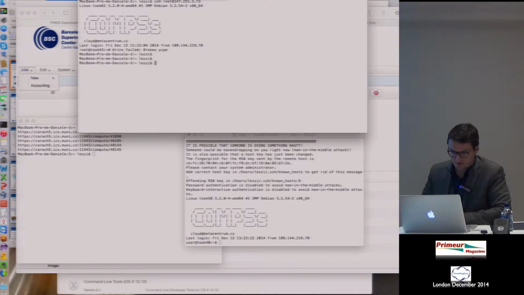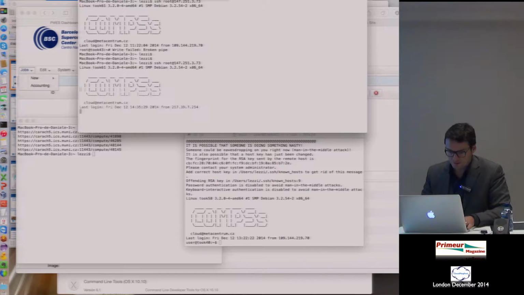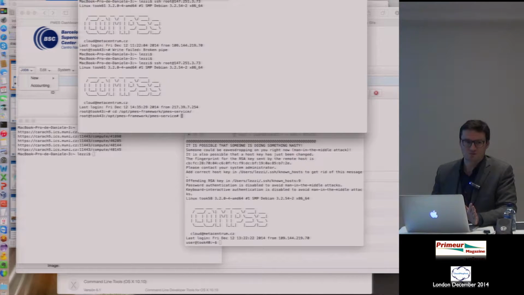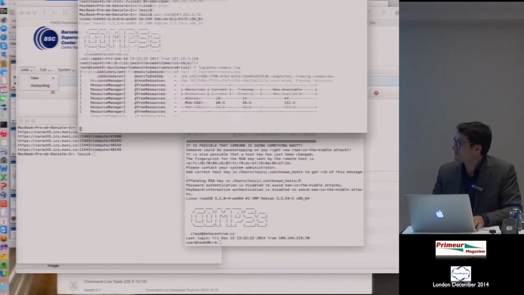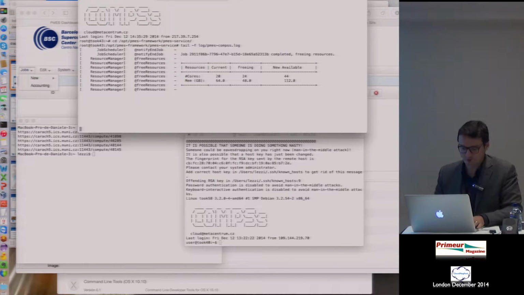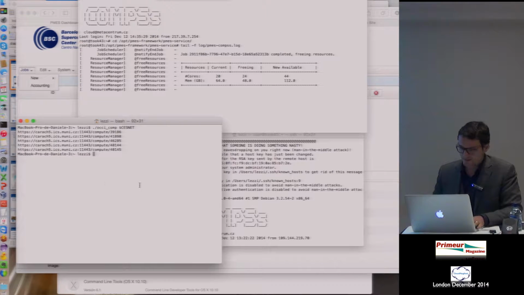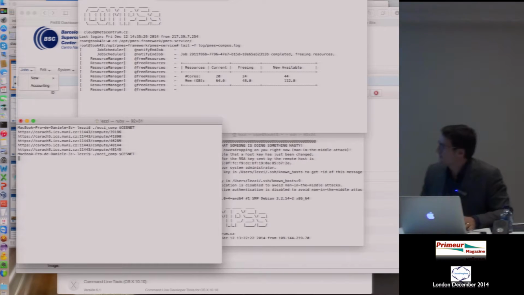Just for technical details, I will log in to the PMES node. By the way, I have to say thanks to Boris as always, because he helped me with the deployment of the machines. So here I'm logged in to a machine on SESnet, that is the PMES virtual machine. This is the Rocky client.